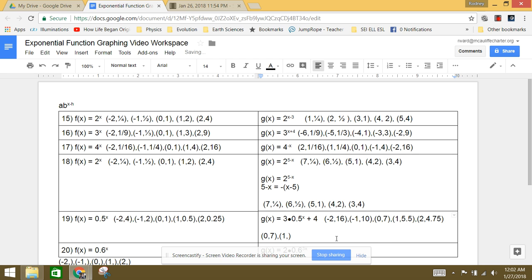x equals 1 output. So that's 1.5. That's 0.5 times 0.5 to the first power. So 0.5, so half of 3, or 1.5, plus 4 is going to be 5.5. So I can quickly get a plotting of my initial couple of points,